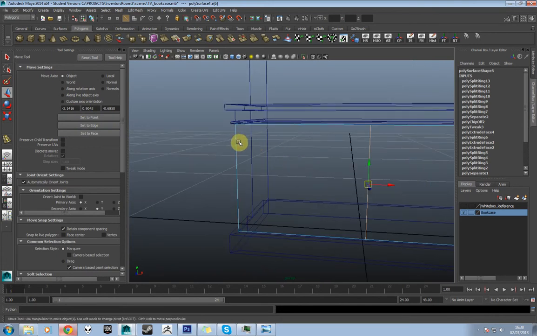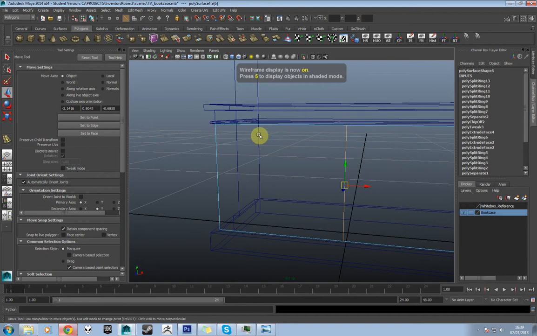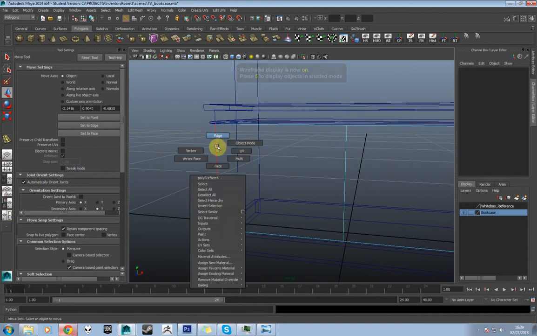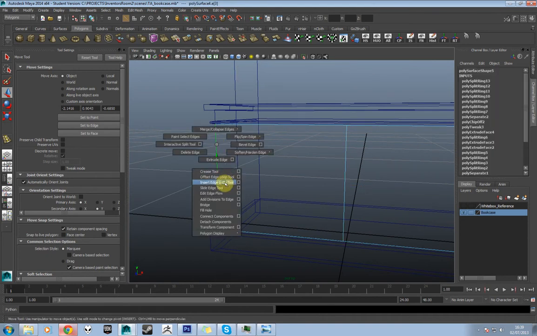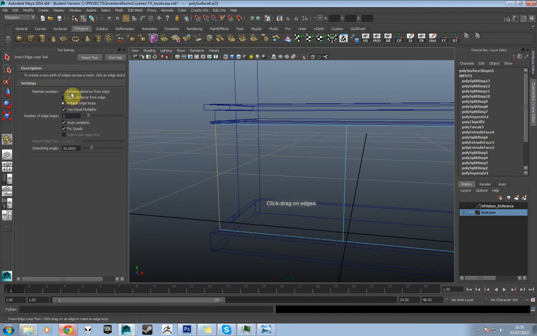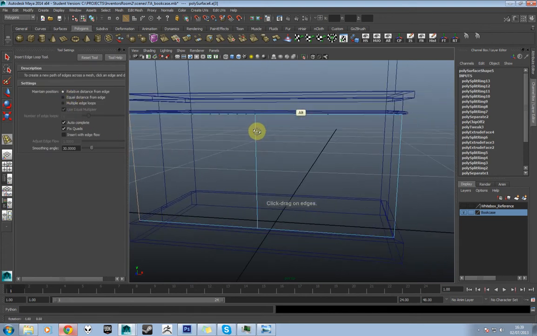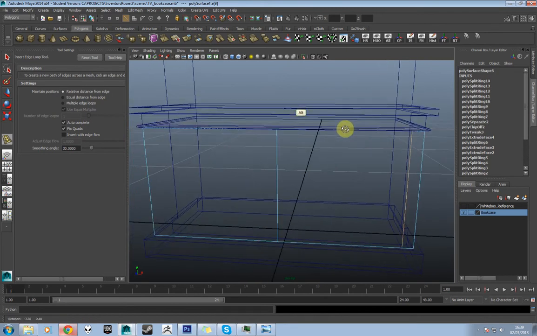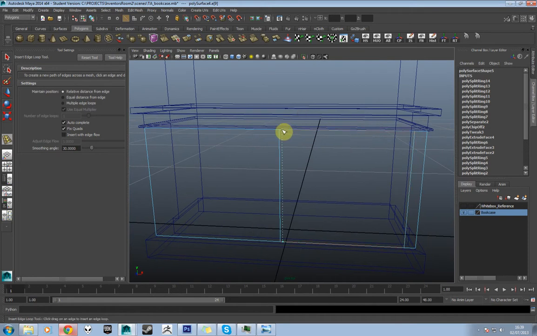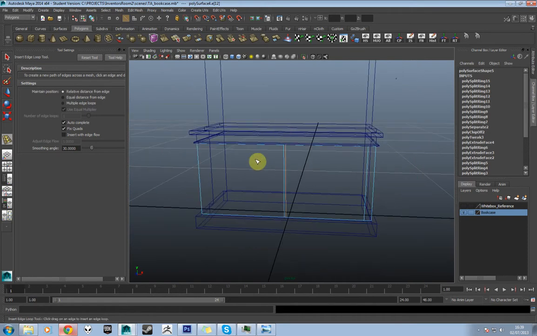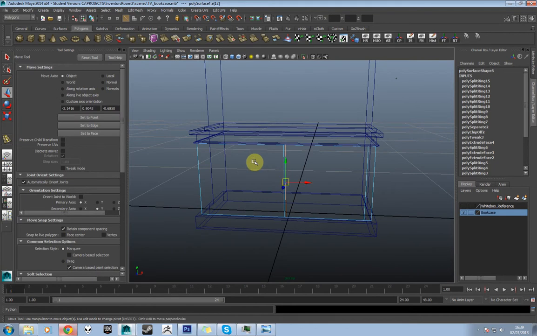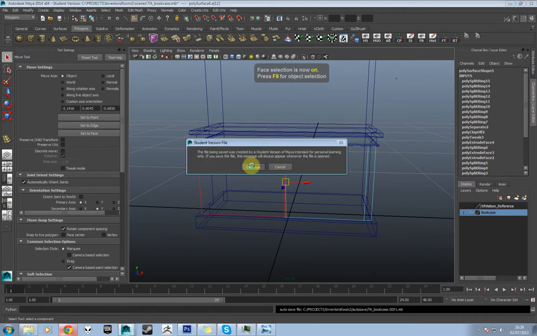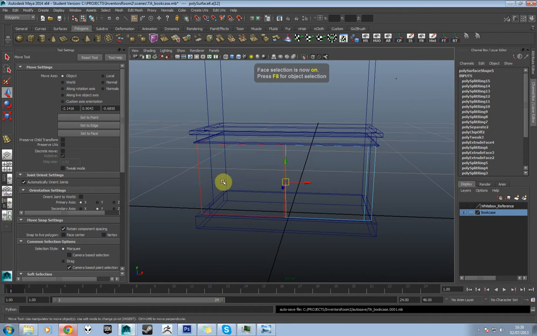Then if you press G, because I'd already done something else, go back to insert edge loop tool, and this time we'll use relative distance, because what we want to do is actually drop one in around there as it appears on the thing. And we'll also drop one there. Now what we can do here actually is, if we press F11 to go to face mode and delete this face,